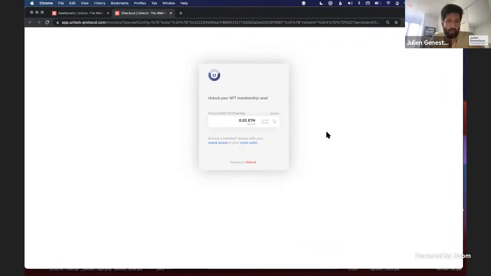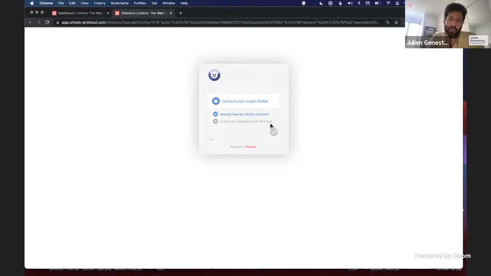And that's the case for a lot of the creators that we chat with. They don't have developers working with them, or even if they do, they don't want to re-implement everything. They're fine using our little UI for this, and so that's what this provides. Here I'm going to select the only membership that's available, so I'm going to click here. I'm going to connect my crypto wallet, and you'll see, we'll get back to this a bit later, there's already a hint that we're giving here, where we can